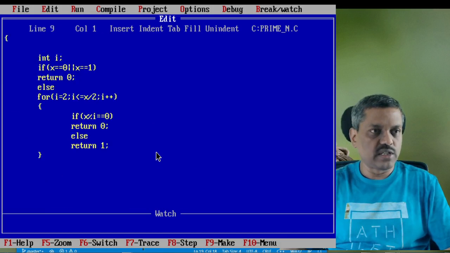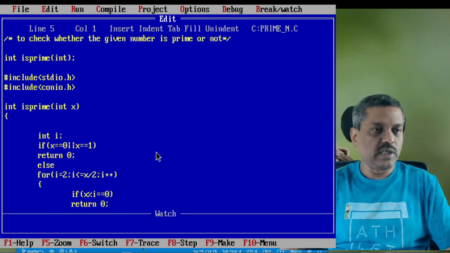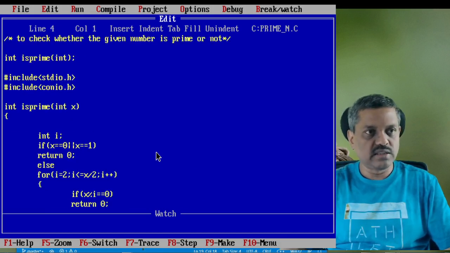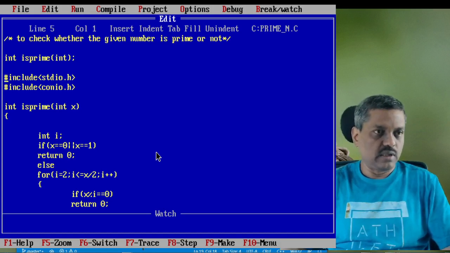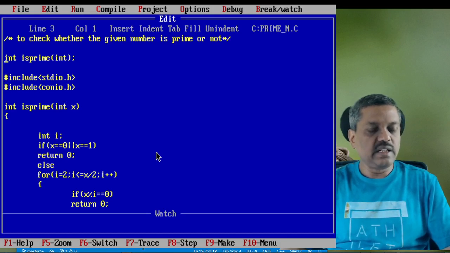Always a user defined function should be declared prior to the include files, the preprocessor statements which are hash include whatever the header file. So int is the return type, the data it is going to return, it's going to be an integer. And then isprime is the name of the function, and it can handle only one parameter, that is of type int.